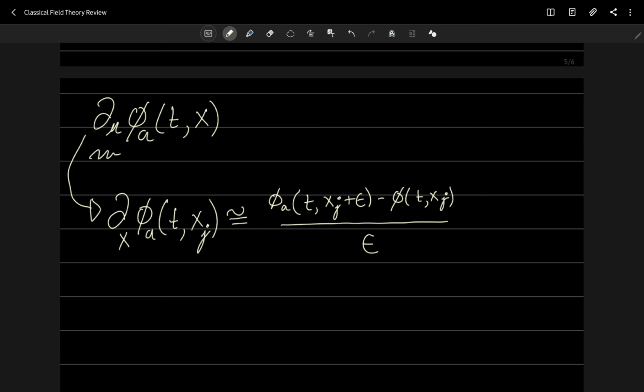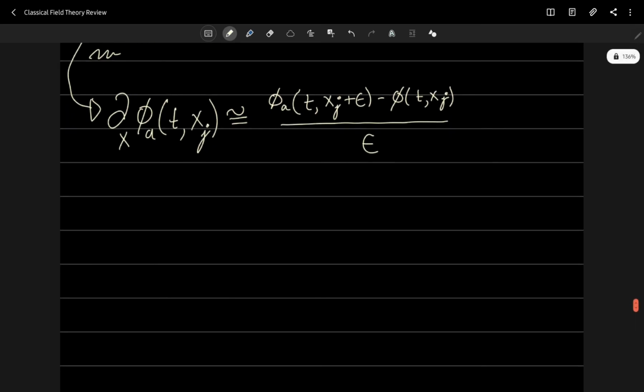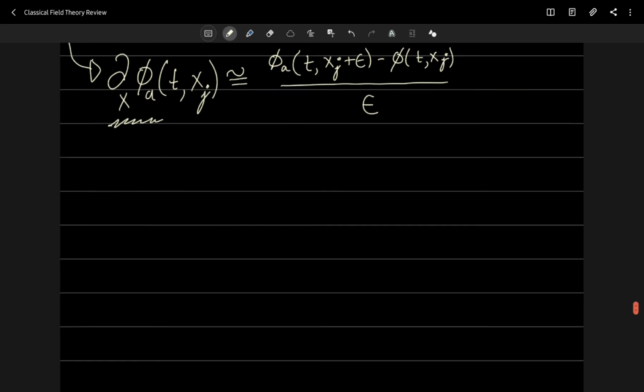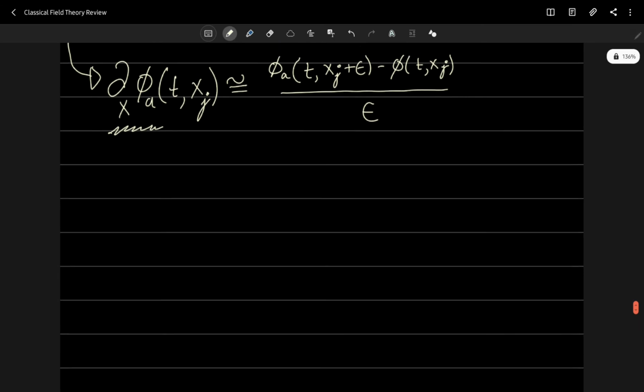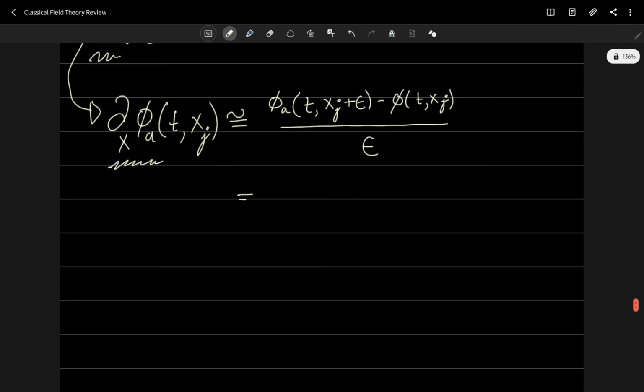Now this is simply the Taylor expansion applied on this derivative. So we have just turned our continuous derivative into an approximate discrete derivative, you might call it, which is further equal to q_{j+1} minus q_j,